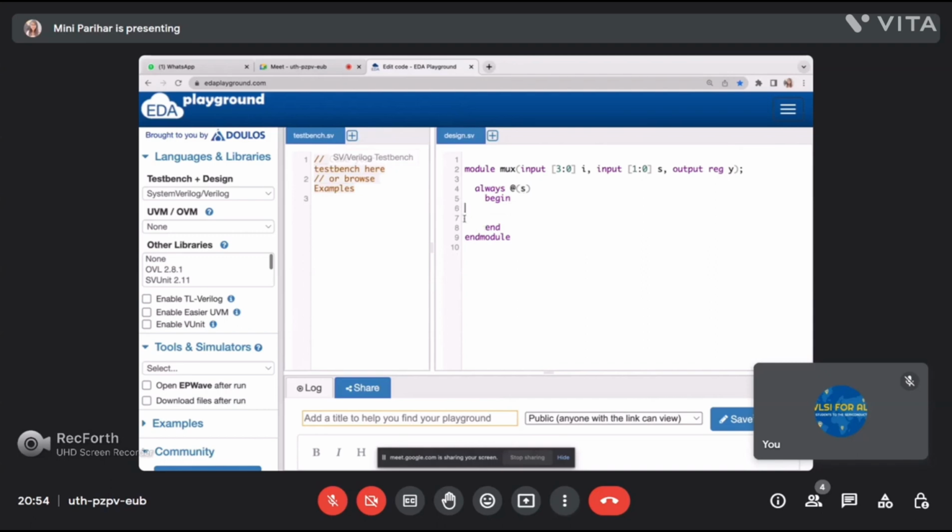Can you write code to generate a 10 megahertz clock? Yes, sure.